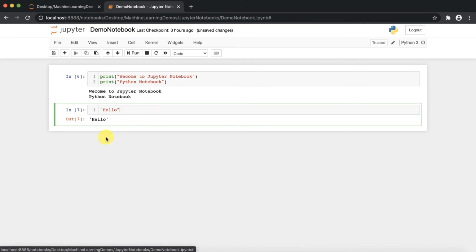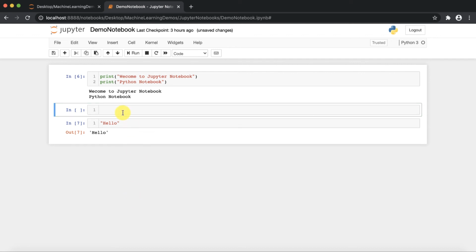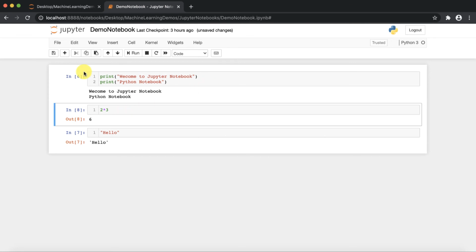Suppose I'm going to define another number, say I'm going to write 2 multiply by 3, okay, and then if I execute it, right? You will notice over here, it is not in order. It doesn't require that order, right? But it remembers internally what is the actual execution order, and according to that it is assigning the number, right? Right now it has assigned the number 8.